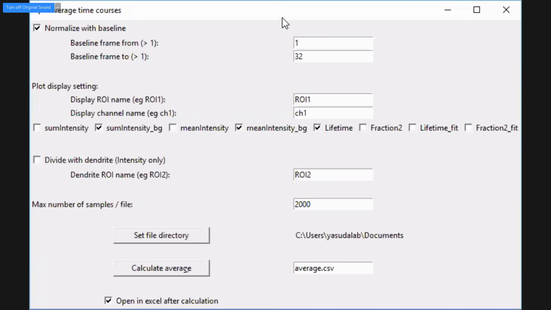So when you hit this Python script, it opens up this window called average time courses. This is what you can use to normalize your data to baseline and also average a bunch of data together. So what you do is you define your baseline. So your images or frames before uncaging. And then